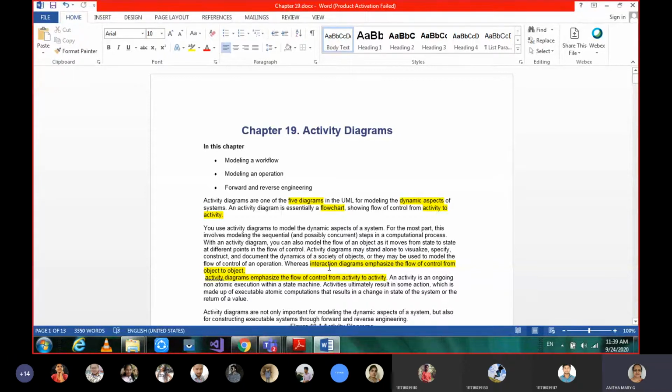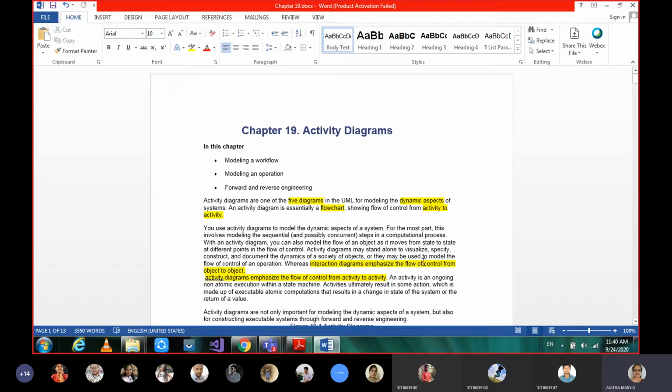Then if we can recollect, we were learning about interaction diagrams, which are nothing but sequence and collaboration diagrams. Sequence is the time ordering of messages, whereas collaboration is the structural organization. So in interaction diagrams, what exactly is the flow control among?